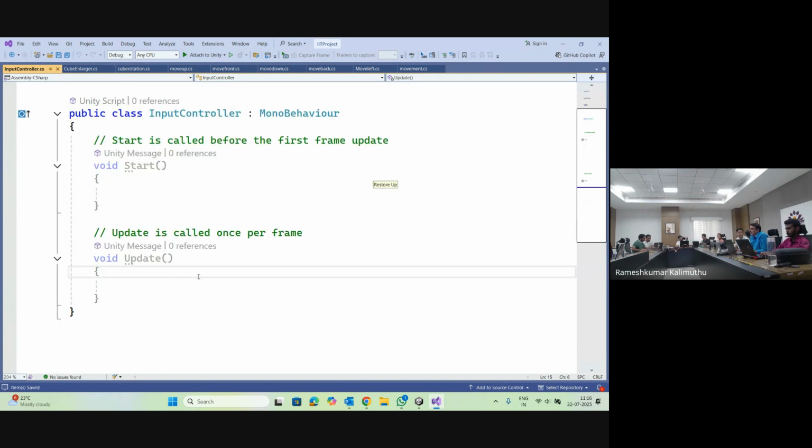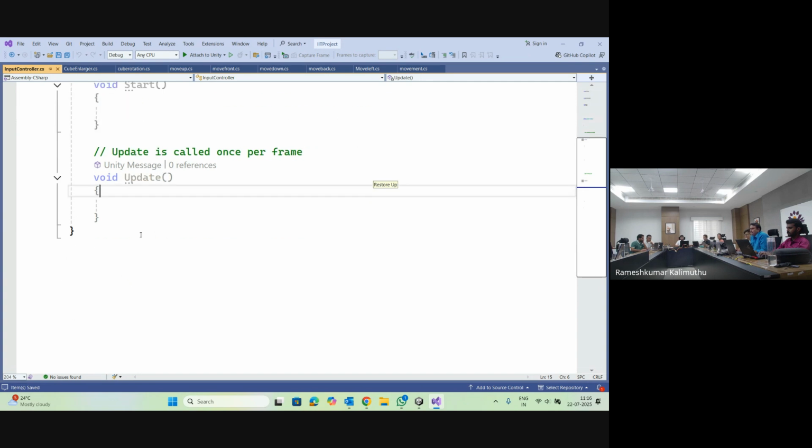Now, if you want to write such a logic, where will you write it, in the Start function or the Update function? Obviously, we have to write it in the Update function only. Why? Because after the first frame, the scope of the Start function is out of memory, and I don't have any control to execute those codes. But if you are playing today and forget to close the game, and after 2 months you check in the background, the game is still waiting for you to give the input. That means the code should be written inside the Update function, not in the Start function. Are you getting it? So now inside the Update function,